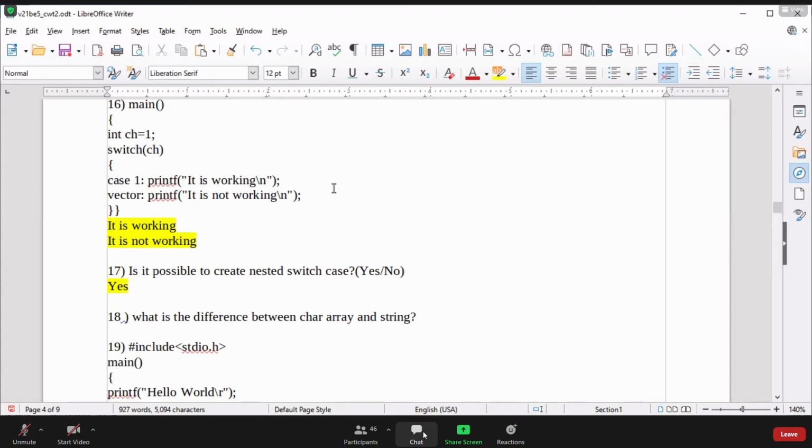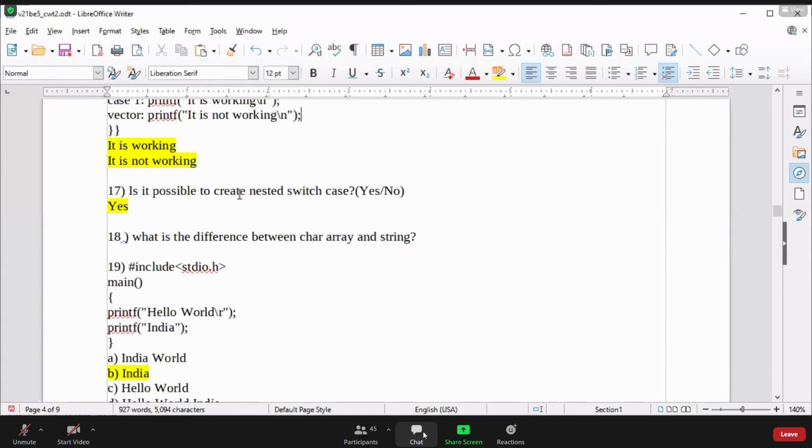So this concept is basic only. Nothing here is that much new. But it will perform case 1. See, case 1 it will perform, but then the break statement is not available, right? If the break statement is not available, then immediately the next cases execute. That's why we use break in switch case, to perform a specific case. Otherwise, all the cases are going to be performed.